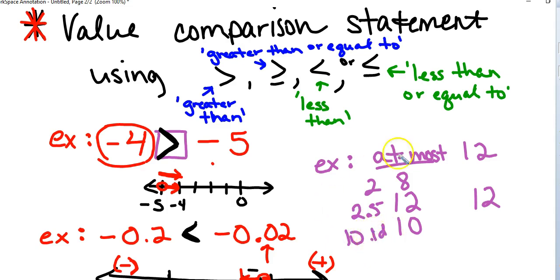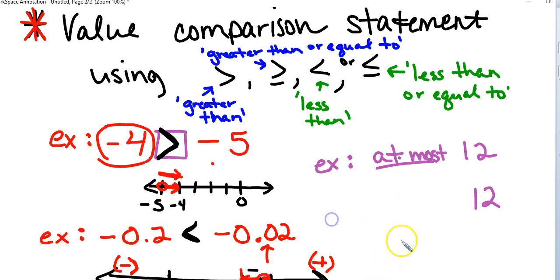I mean, we have a lot of different values that can satisfy this. Okay? So rather than writing out a whole list of possible numbers, we say that the age of the child, so we'll use A for age, needs to be less than or equal to 12. And how that would look on a number line,